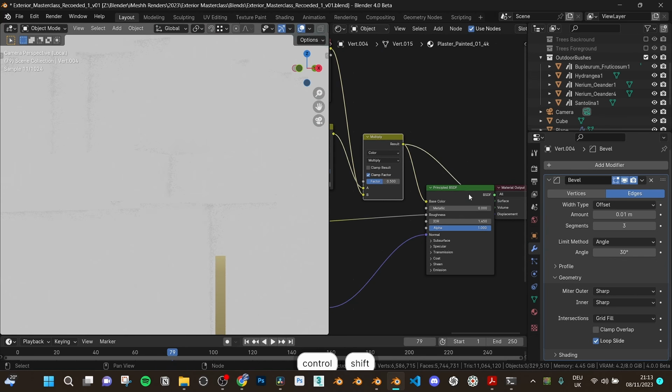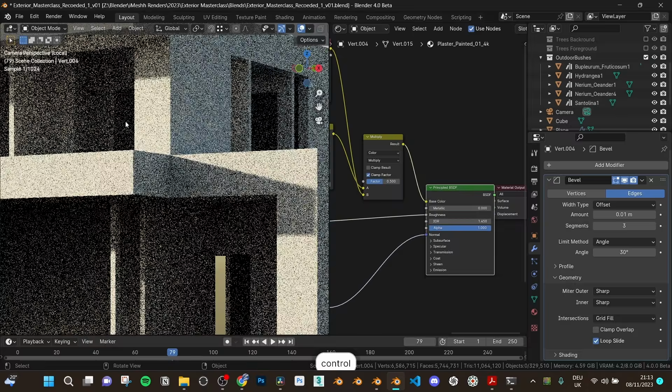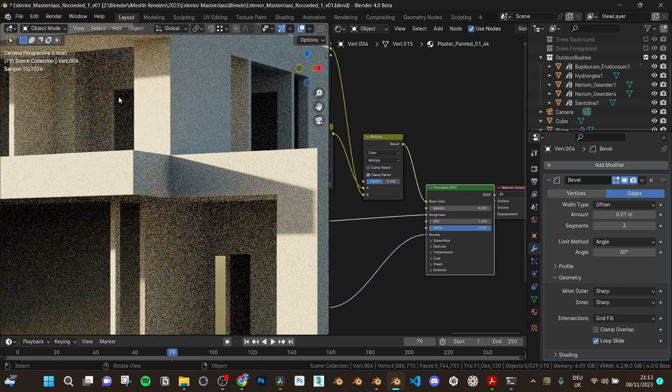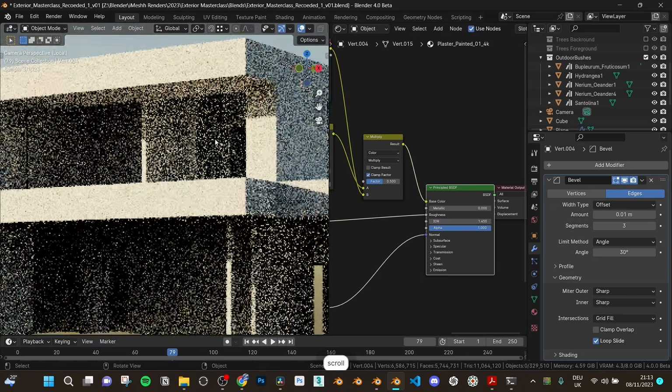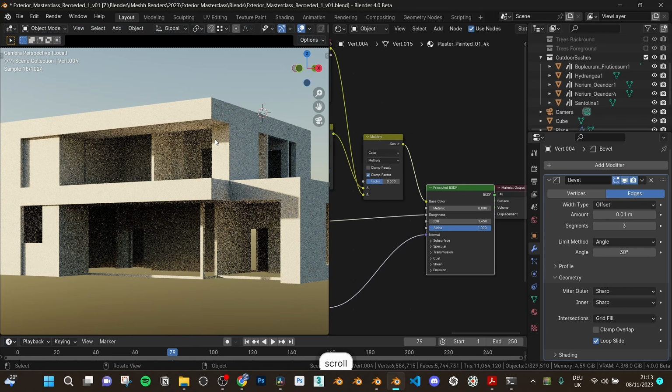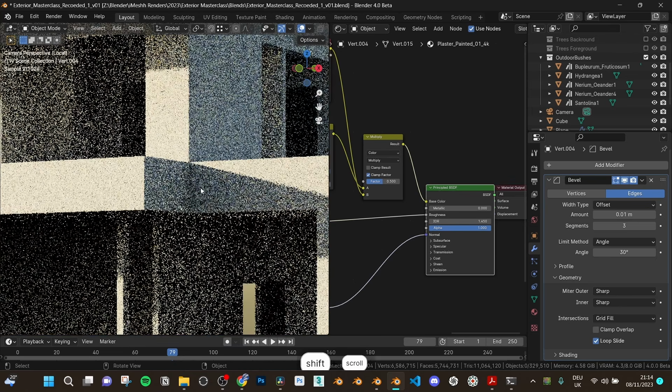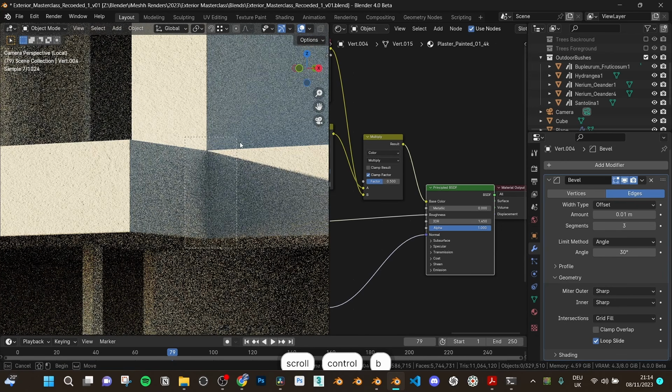Just like this. Now this whole building has this material, so it does mean the inside is going to get this too, but we really won't be able to see it from the outside. But if you're going to do this project for real, please give the inside a different material which isn't going to be dirty. So this should add some nice edge wear here, but there's one last thing I will add